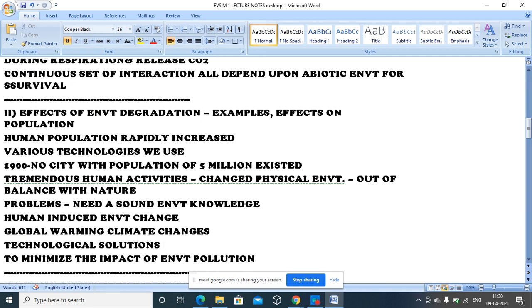So global warming, climate changes, technological solutions. Now we are in want of. At least the waste disposal and all you can try with some technological solutions. Like we'll come across that. Certain terms are there, like incineration. Processes will be taught by the teacher when she is dealing with the